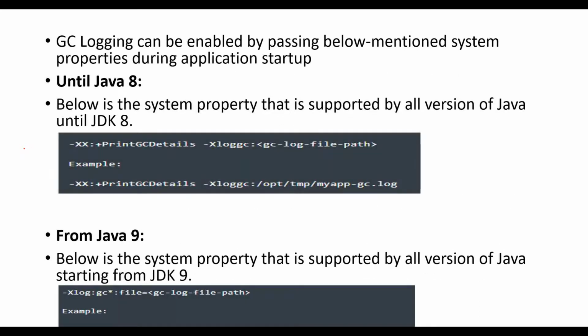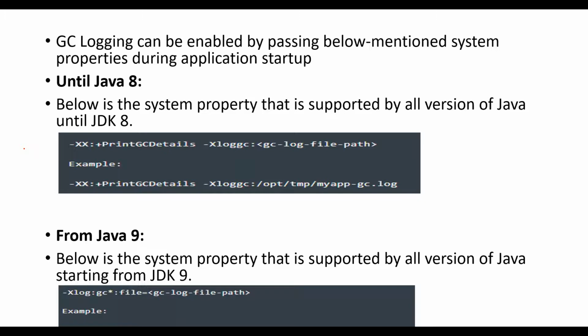Now, to identify the GC behavior, or to check whether your GCs are functioning properly or not, you have to have the GC log available. There are two cases the JVMs can be shipped with. Either the GC log is enabled by default, as a few JVMs ship with a default GC log path, or in some cases you need to specifically enable the GC logs.